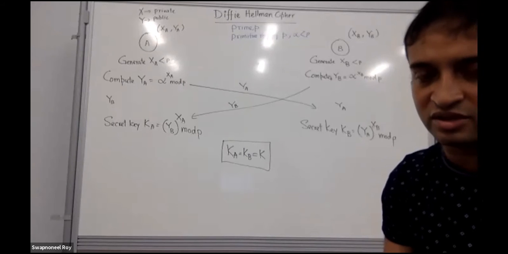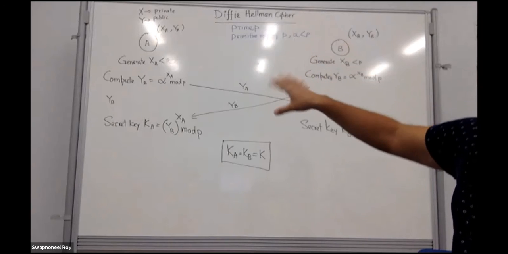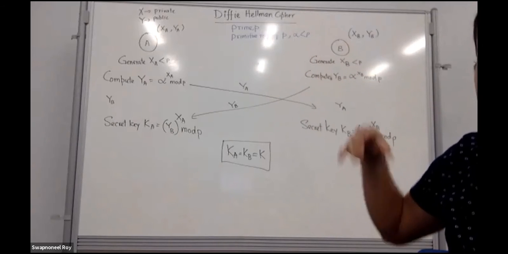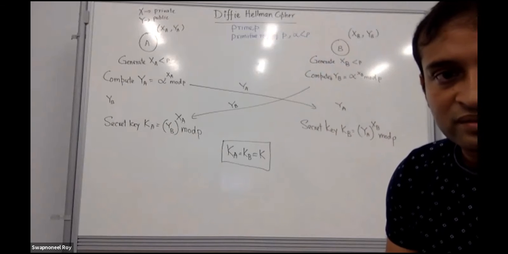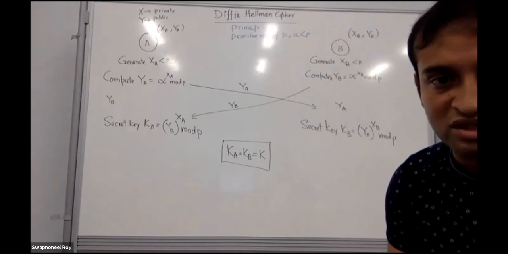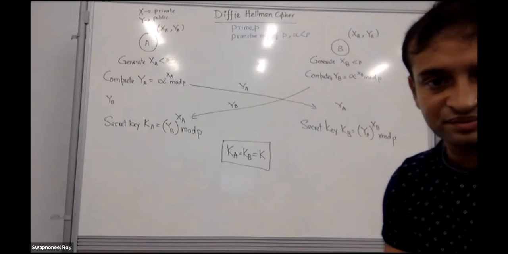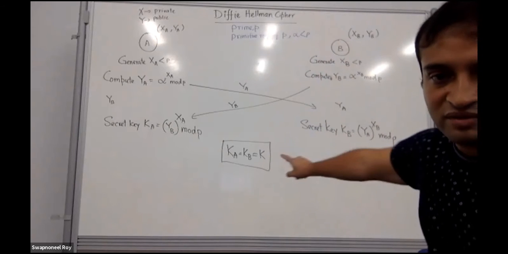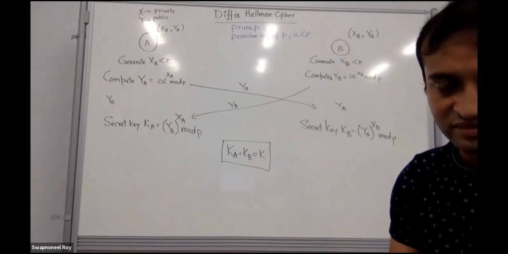Okay. Yeah, but that's a good question actually. So his question is, are every single value that we see over here supposed to be integers? The answer is yes. The way primitive roots are defined, it has to be an integer. Everything has to be integer. Otherwise, this will not work. I mean, the secret value will not be computed, the same value cannot be computed on both sides.